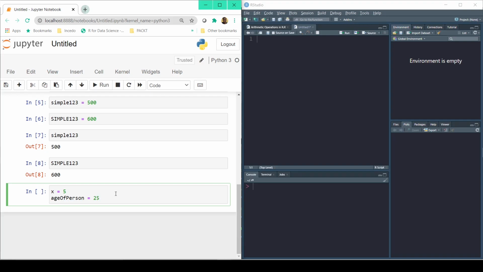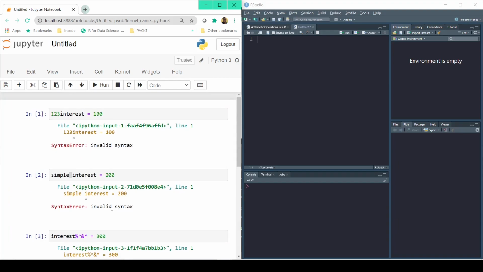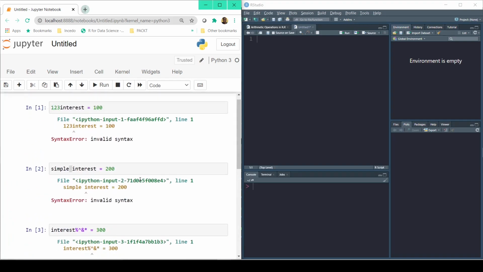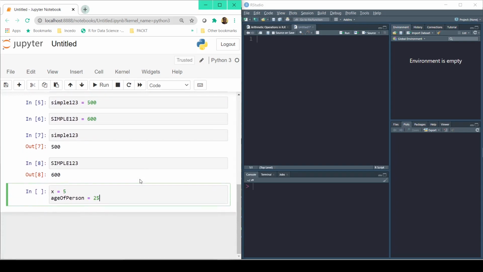Because the moment we say x, y, z, if we have so many variables in our code, every now and then we have to keep scrolling up and down to see what x means or what y means. Should I use x now? Should I use y now in my upcoming formula in the code? So with a proper nomenclature, we don't have to keep scrolling up and down to understand what variable I should use in my next code if I have to use that in some formula. So these are the simple steps that we have to understand.